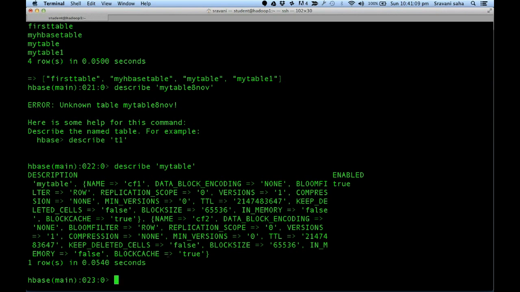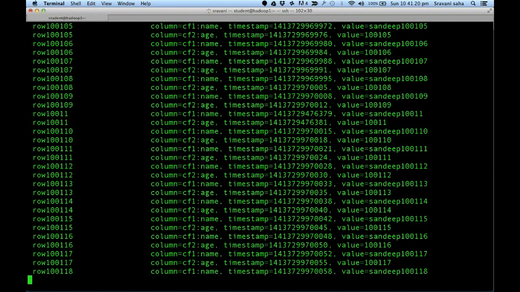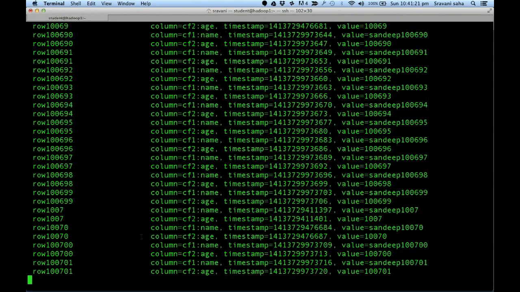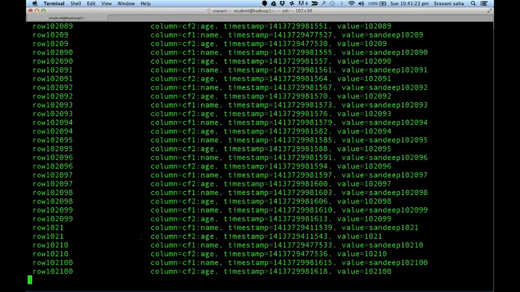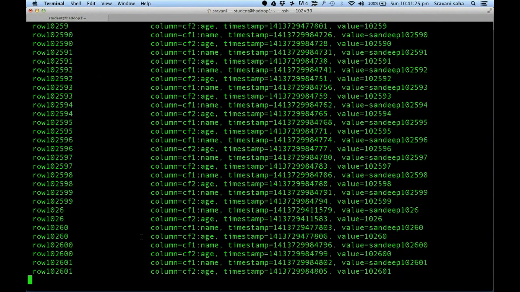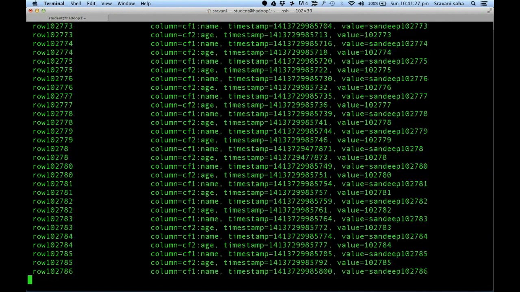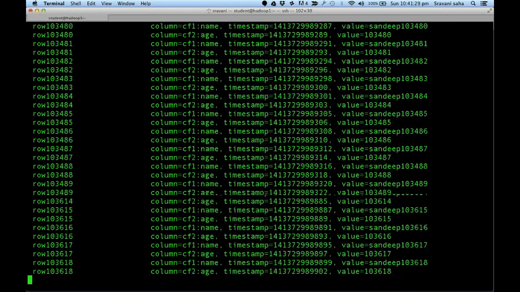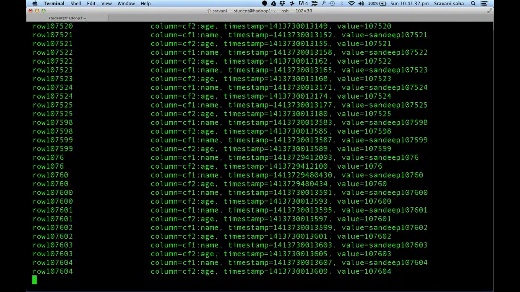Yeah. So how is the timestamp taken? Timestamp is taken from the local machine timestamp. Whenever we have date, on Unix, you have something called